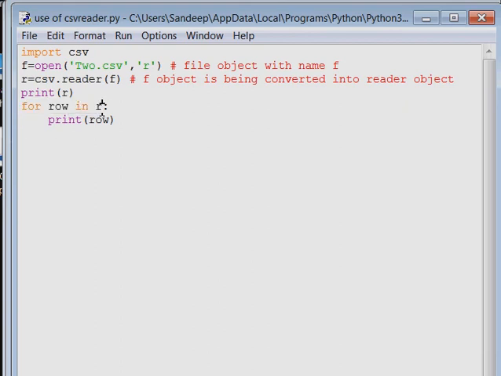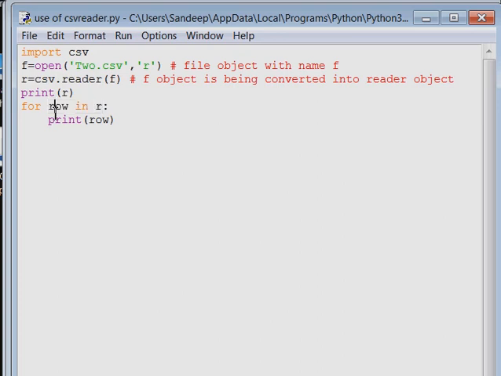I have used for row in r, means in row one row will be received from the r object, and then you print it. Again the loop will execute until you have read all the rows from r.